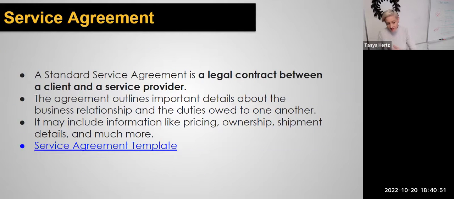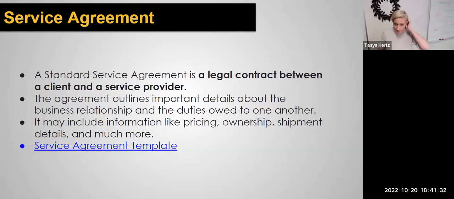Now, I will say this. In the food business, you do have a lot of contracts that you are obligated to create and to use. They're just not necessarily the contract that people have in their minds when they're thinking of a legal business contract. It's typically not written out, where these terms that you see in this lecture are included. It's typically a much more informal and much more implied type of contract in effect in the food business.